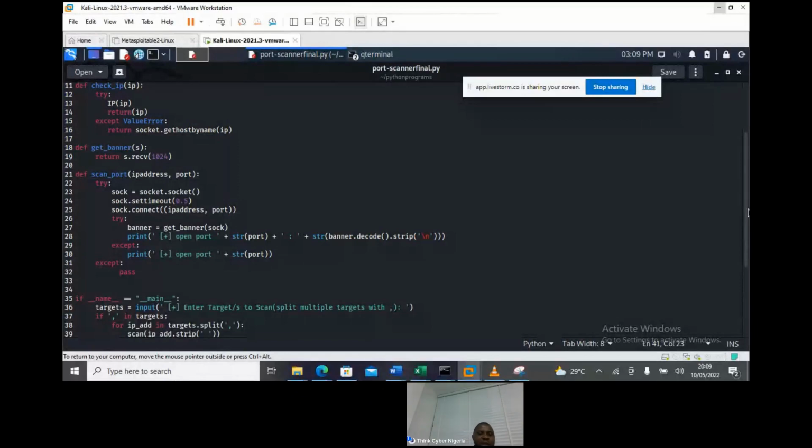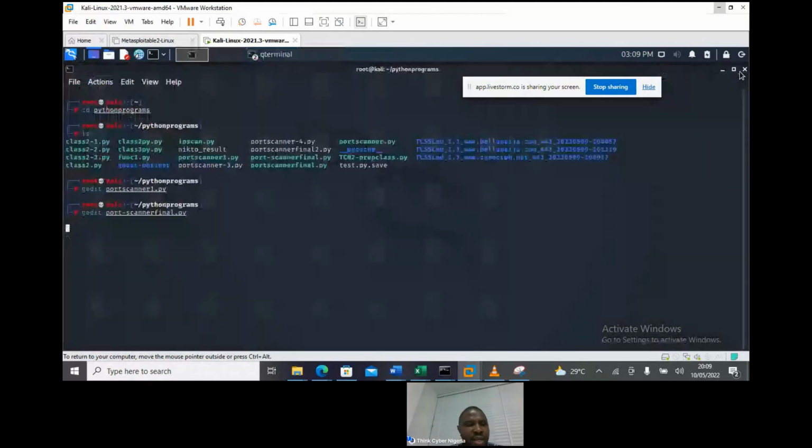Now we modify this particular target, so that in case you are importing this particular script into another script, you don't need to do that. So we modify the input parameters. That is actually how we ended this particular part. And I showed you guys how you can actually import this same script in another script.